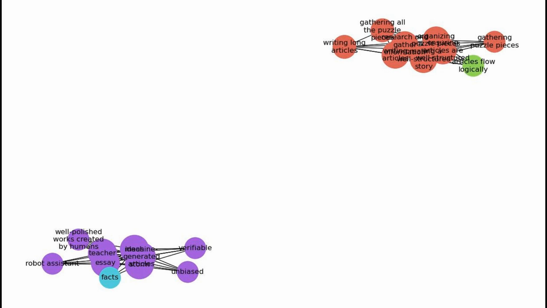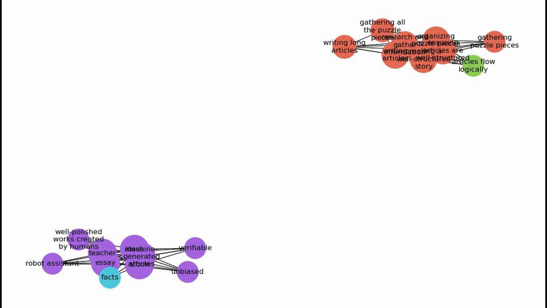When they write, they need to ensure their studies are not just pieces glued together, but a well-structured story that flows logically. To make this easier, systems like Storm have been created. Think of Storm as a helpful robot assistant that helps writers gather information, ask smart questions, and create outlines, just like an experienced teacher guiding a student through a big project. This process can save time and reduce the need for expensive expert help, making it more accessible for anyone wanting